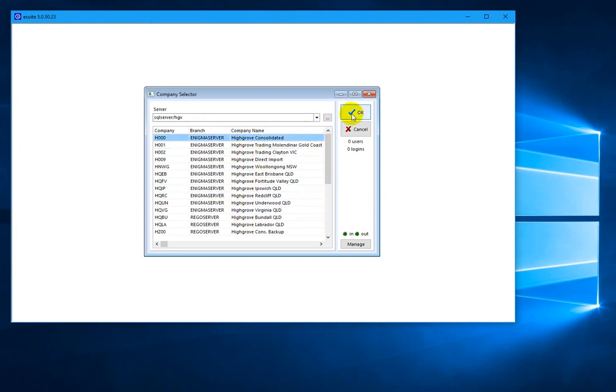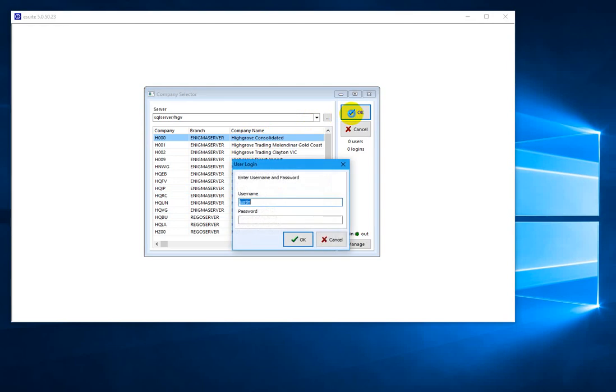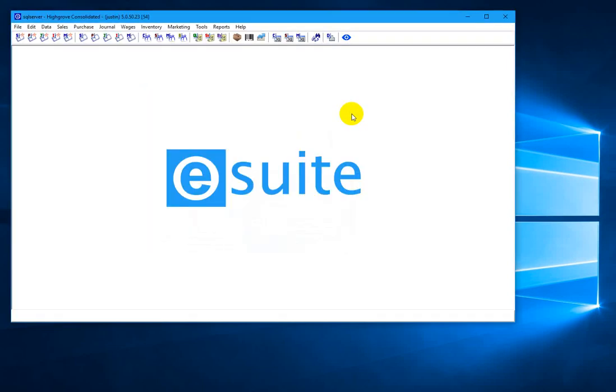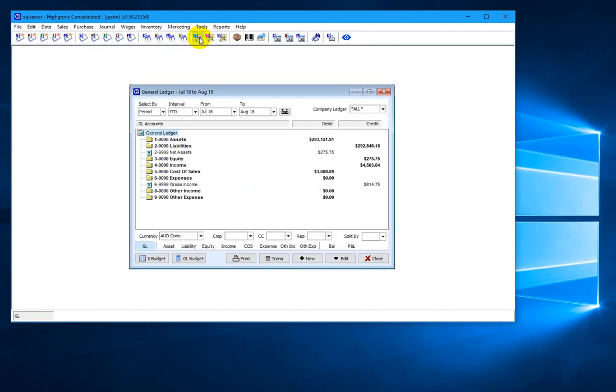Let's go into the consolidated database. Now actually I've just realized that this consolidated database includes the head office database. It can be configured to not do that, but for the purpose of this demo that's the way it's been configured. Let's go straight into the general ledger,